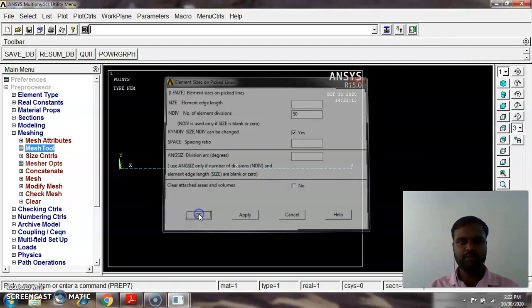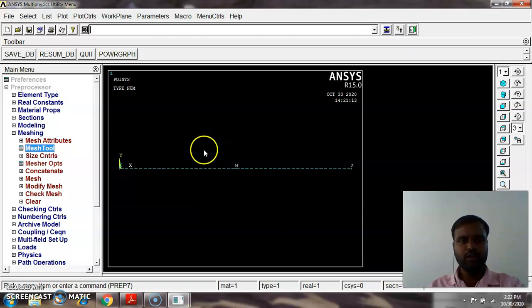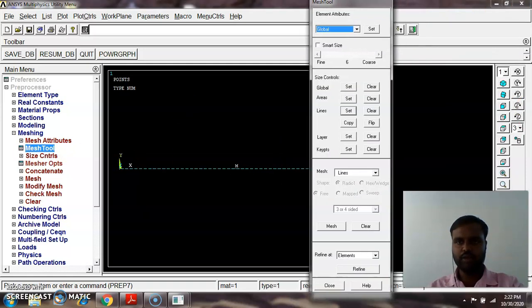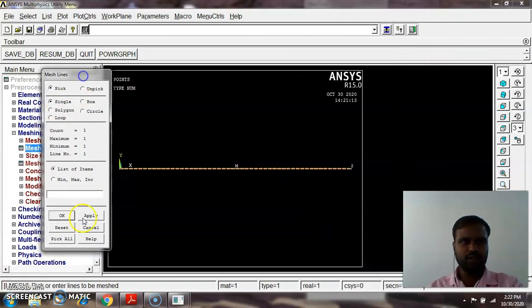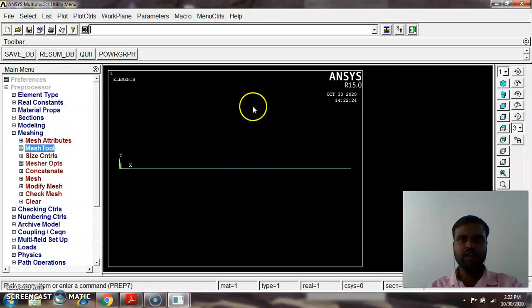It will be split into 50. You can see this is the way it is split into 50. Then click Mesh, click the line, give OK. It is automatically meshed.